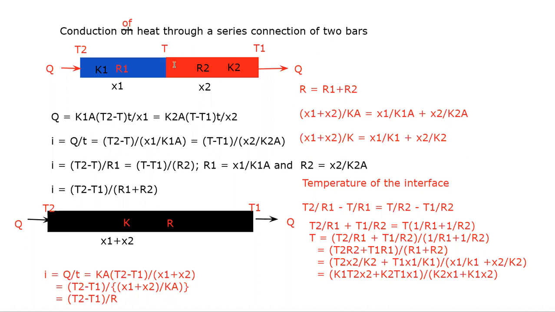Now if you have n number of rods arranged in series connection having lengths x3, x4, x5 and so on, whose conductivities are K3, K4, K5 respectively, then the equation will become (x1 plus x2 plus x3 plus x4 plus x5 plus ... xn) divided by K is equal to x1 by K1 plus x2 by K2 plus x3 by K3 plus x4 by K4, and so on. So this is how we find out the thermal conductivity of the different